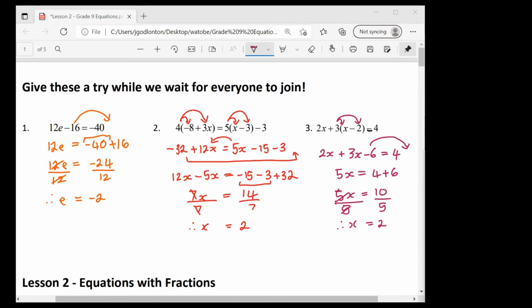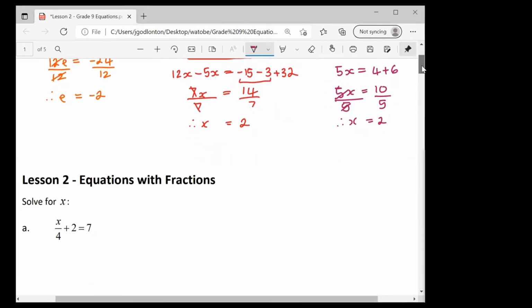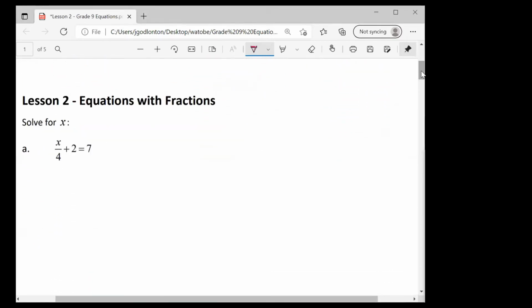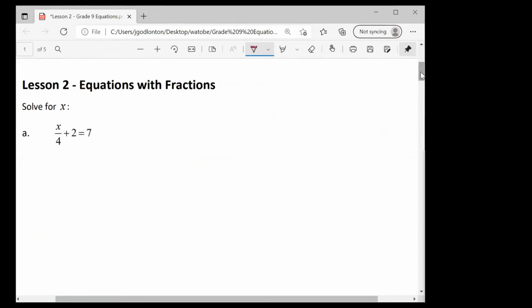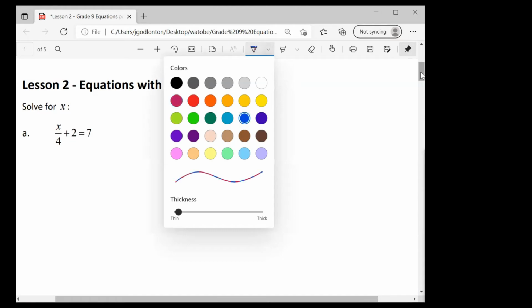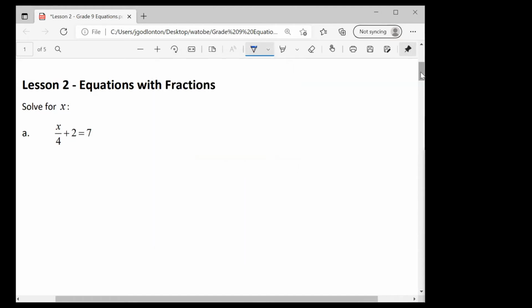So let's have a look. Let's move on to the ones where we're now going to be dealing with fractions. We actually briefly brought this up last week because we dealt with a fraction very similar to this first one that we have over here. But we're going to do it the same way for all of these questions. What we're going to do is find the lowest common denominator for all of these numbers. And the cool thing with an equation is once we have a lowest common denominator, we get to drop it. So it gets to go away.